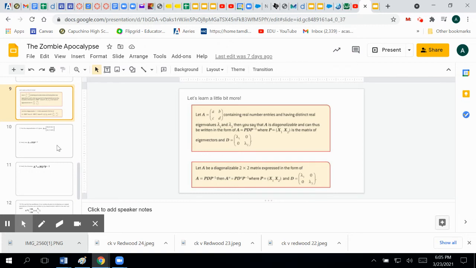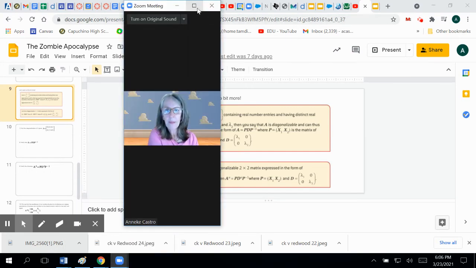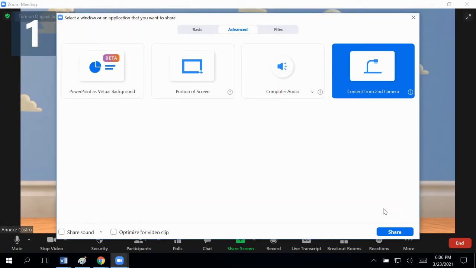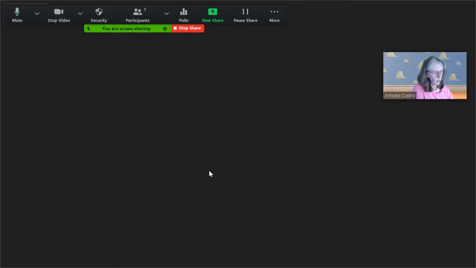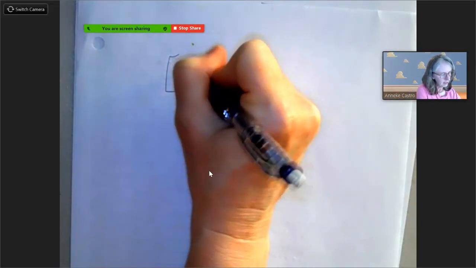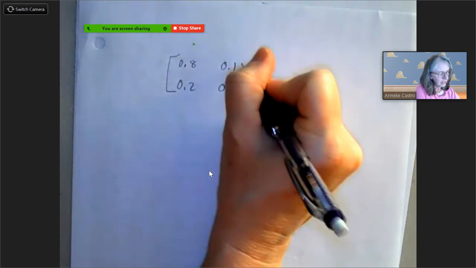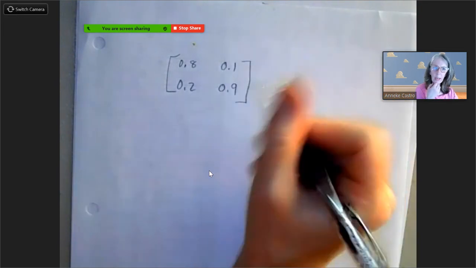What you can do is take the original matrix, and let me get another piece of scratch paper, and I'll show you what's going on here. Let me switch back over to my camera. Okay, so if I take that original matrix, 0.8, 0.1, 0.2, and 0.9,